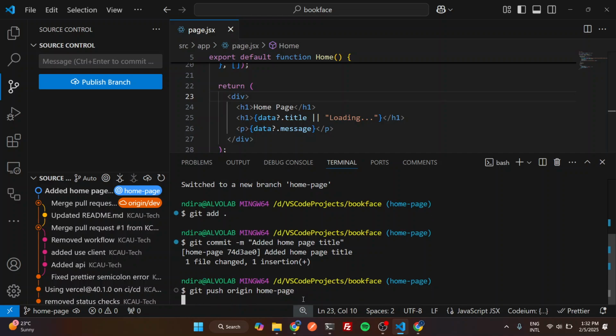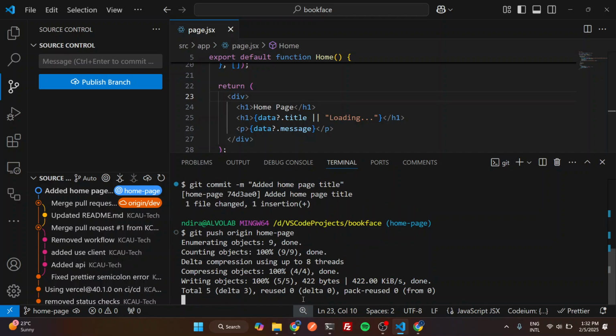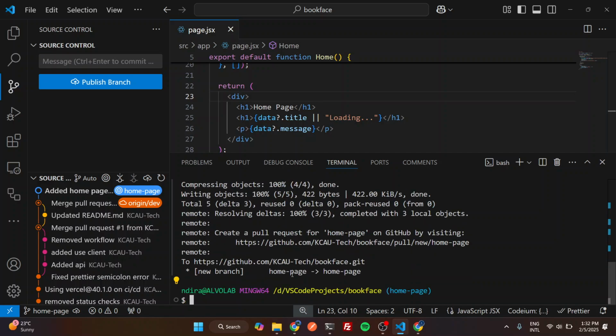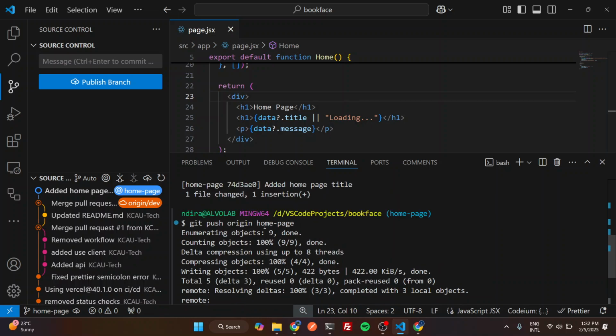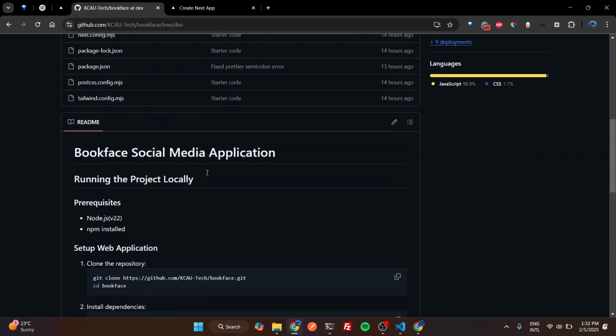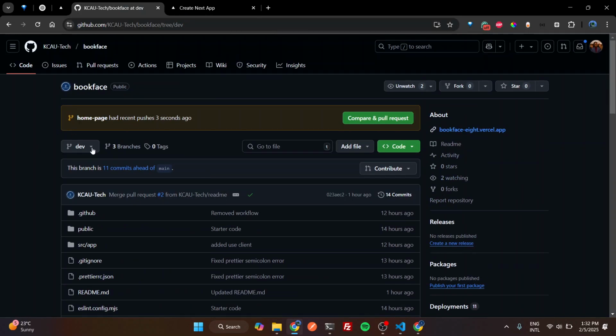Then once we push, this code will have been pushed to the home page branch, and we can come here and refresh. Clearly you don't even need to refresh, it is here. Home page had recent changes pushed 3 seconds ago. Once you see this, you need to come here and do compare and pull request. If you made changes, you will need to do this, compare and pull request,